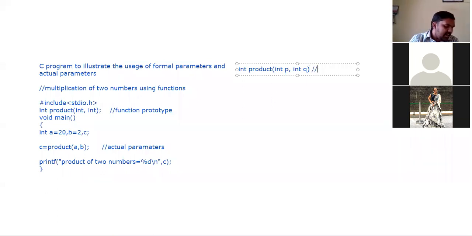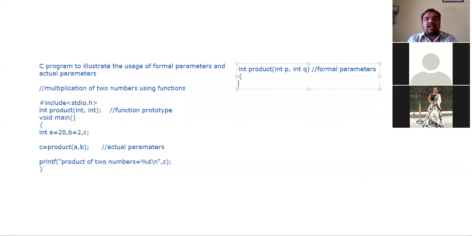They are nothing but your formal parameters. That means the copy of a and b is going to be stored in p and q. What is the value of a and b now? It is 20 and 2. So p is now having the value 20, q is now having the value 2.